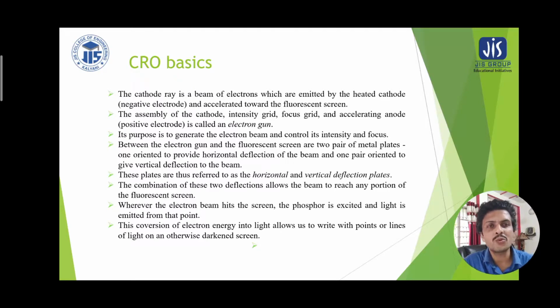So these are the two control plates, which are very important inside the cathode ray oscilloscope to produce the sweep of the signal impression on the fluorescent screen. These plates are thus referred to as the horizontal and vertical deflection plates. The combination of these two deflections allows the beam to reach any portion of